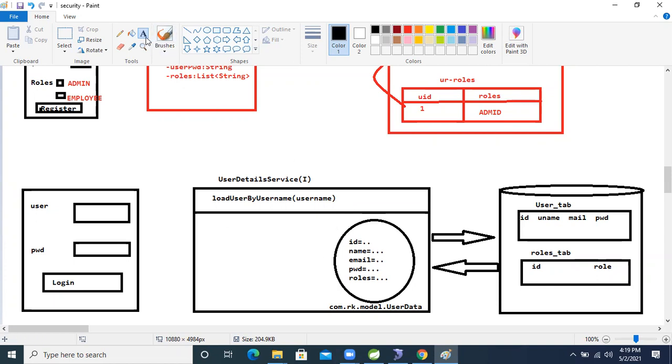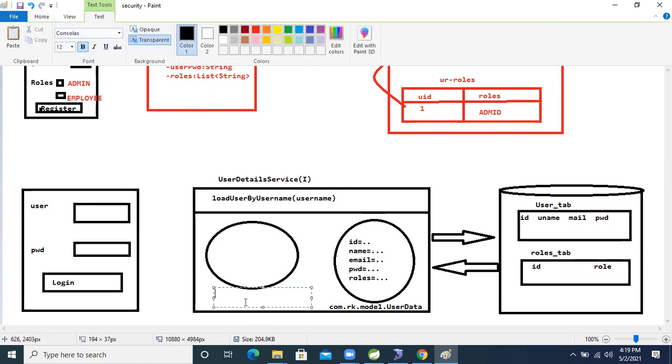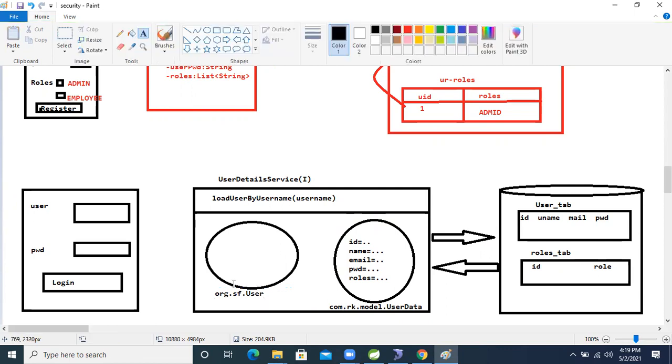So it's saying, load this information in its own class and convert this information into my format. That is the org.springframework User class. Please load this information inside the Spring User class.